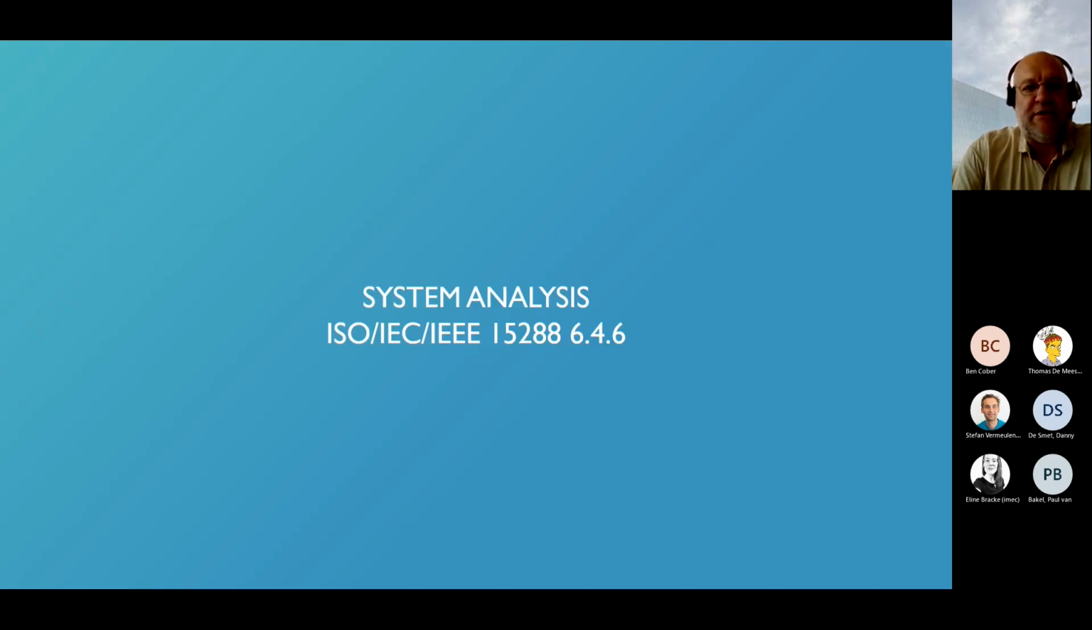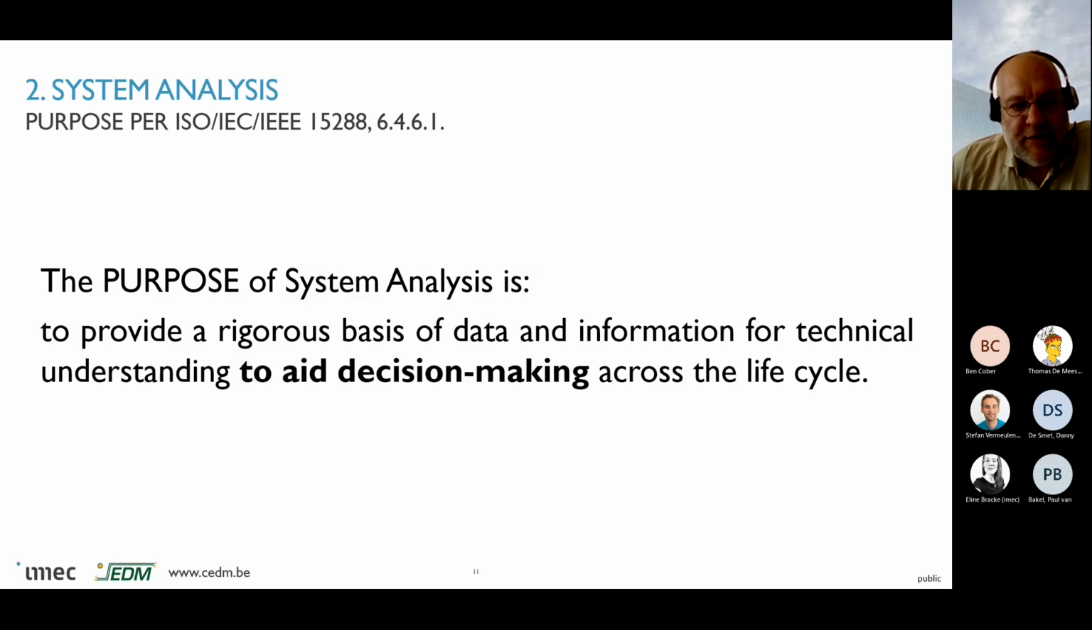Okay, let us start with the system analysis. The purpose of the system analysis is to provide a rigorous basis of data and information for technical understanding to aid decision making across the life cycle. So the main purpose of the system analysis is to understand, to gather information, to create insights on which we can decide